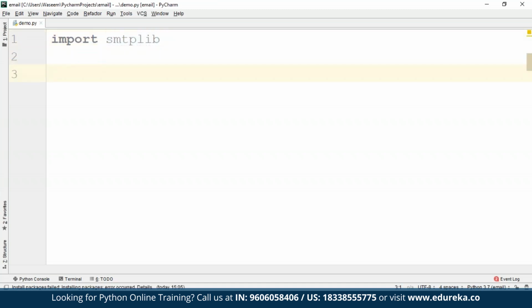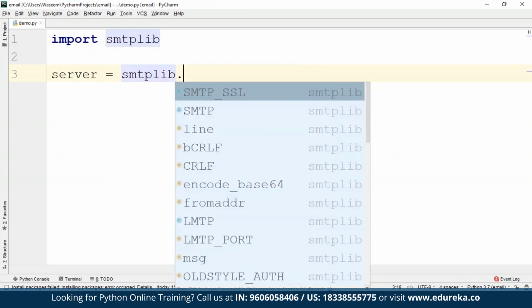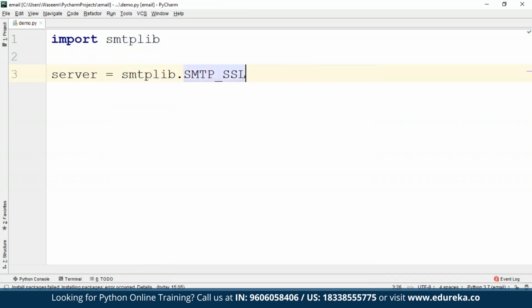And after that, I'll just name a server. So this server basically is in which we have SMTP_SSL, the SMTP server address, and a port number. So we can check for these settings for gmail.com because we're going to be using Gmail for sending the email, and according to which we will use these. First of all, I have to use smtplib.SMTP_SSL because when I check the settings of Gmail, it requires that. So we have to write this.